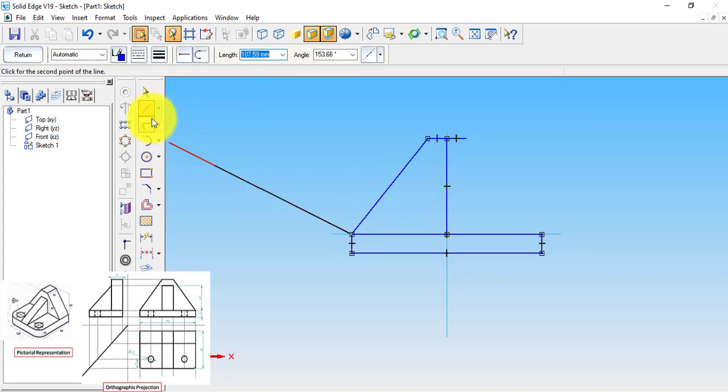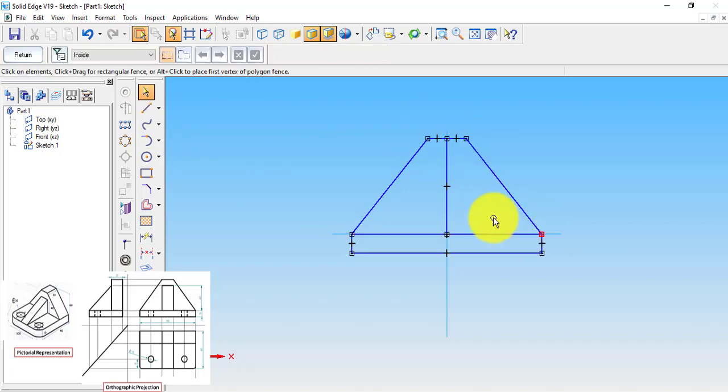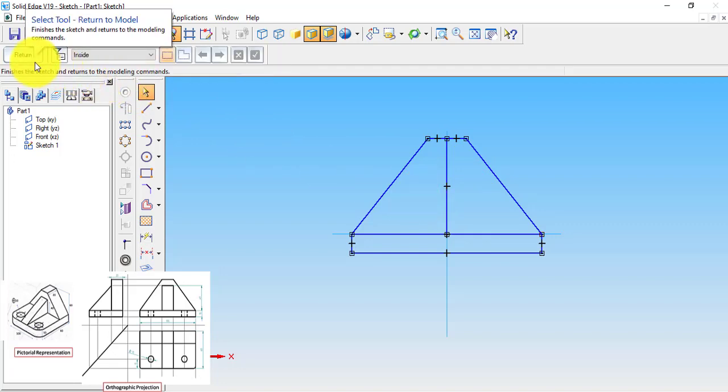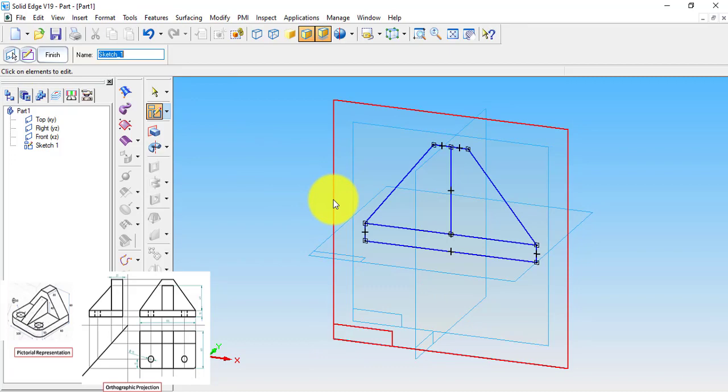So this completes it, and let us join this line. The remaining rectangular part present here is the ribbed part that can be drawn later. And now we need to go to the return option. So this shows the two-dimensional line of our object.